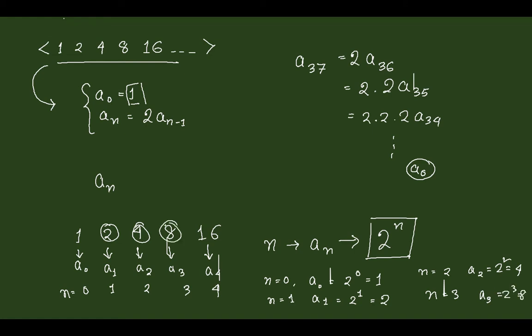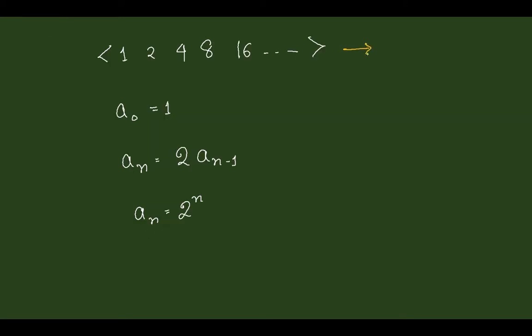And we know that a3 is 8. So for all other terms, this would be the same. So we can say that any nth term of this sequence would be simply 2 to the power n. So we have found our solution. So what we have got, I am going to simplify it. So this is the sequence which was given,